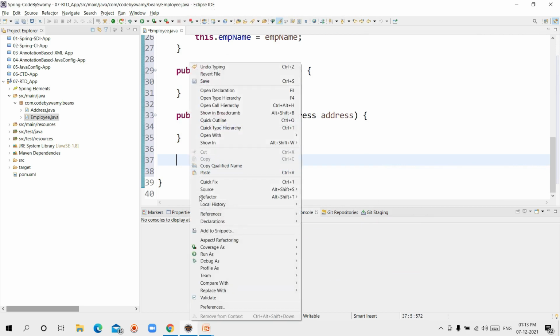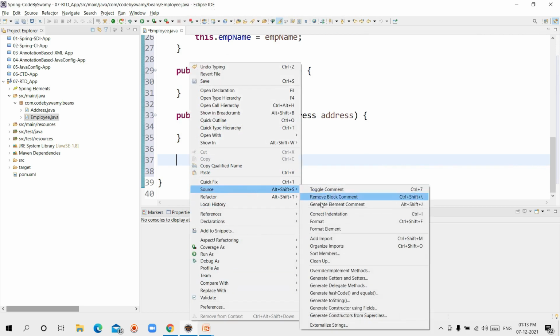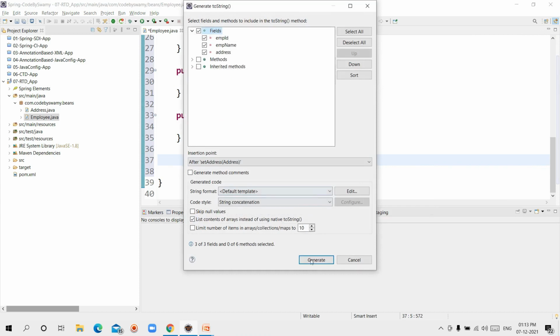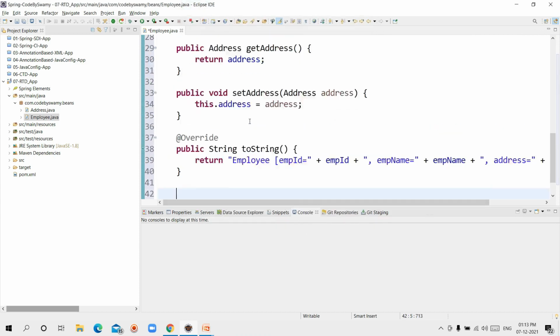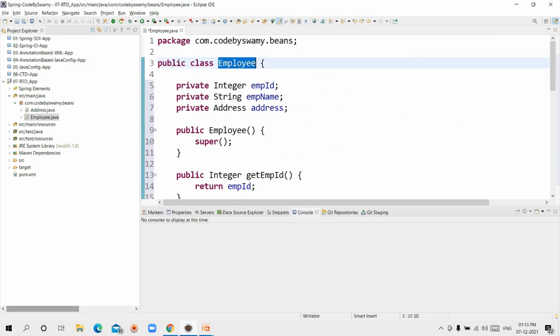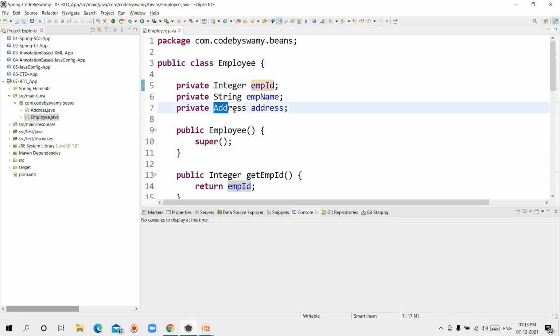I need toString: right click, Source, Generate toString, click on the generate button. Here I am ready with the Employee class also. I am using the Address class as a property inside the Employee class.